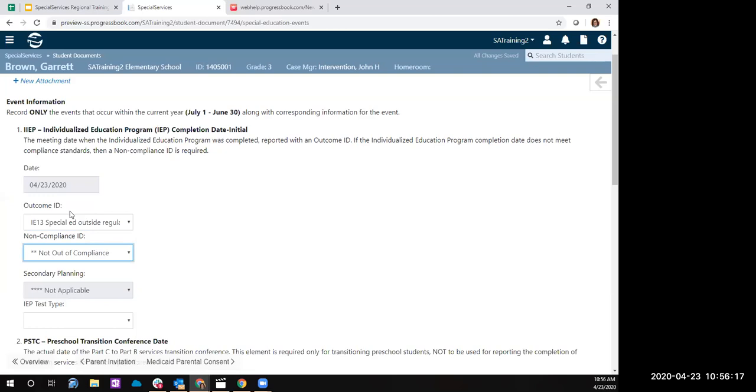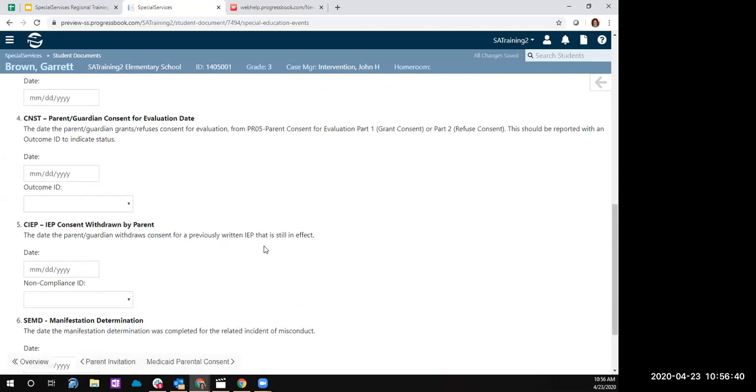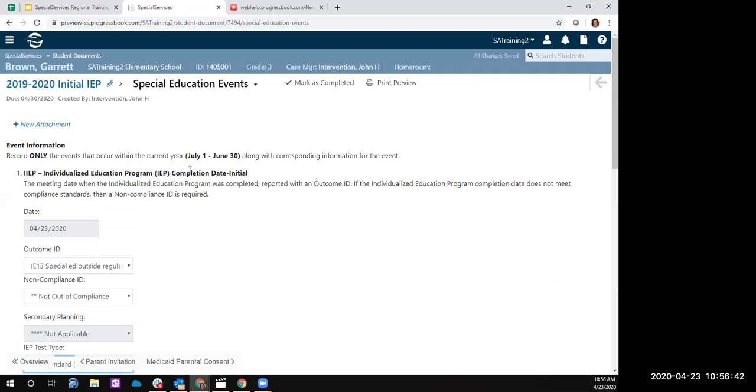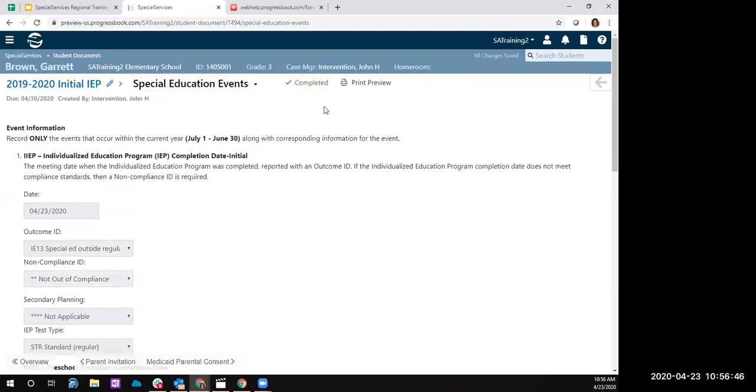You are only putting in one outcome ID and one non-compliance ID. I'm going to refer you to ODE for how that is all working, because they just recently came out with the EMIS information. So talk to your EMIS coordinator, but it's going to be one outcome ID and one non-compliance ID for that preschool to K transition IEP. And of course, we have the test type. Whatever else applies, you will fill in. And I'm sorry, I scrolled too fast there. That's all in the special education events section. Okay, now